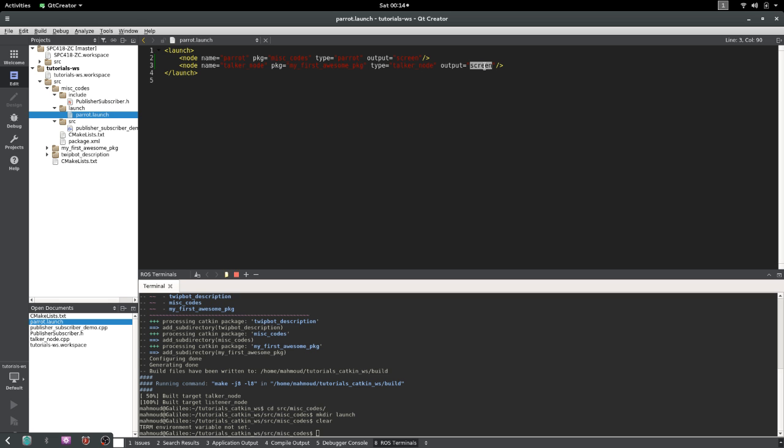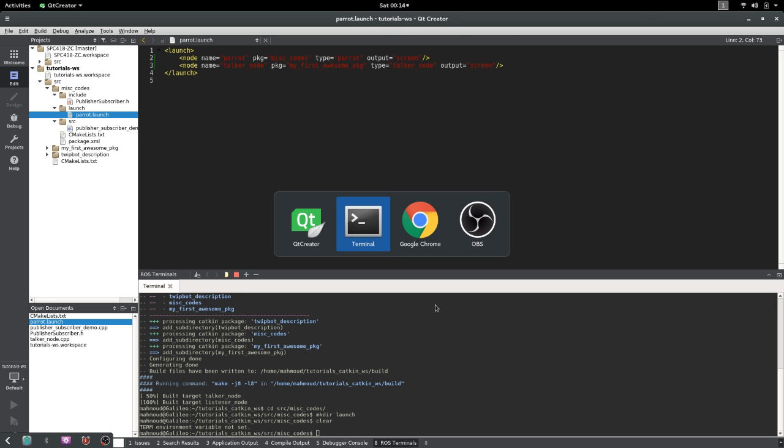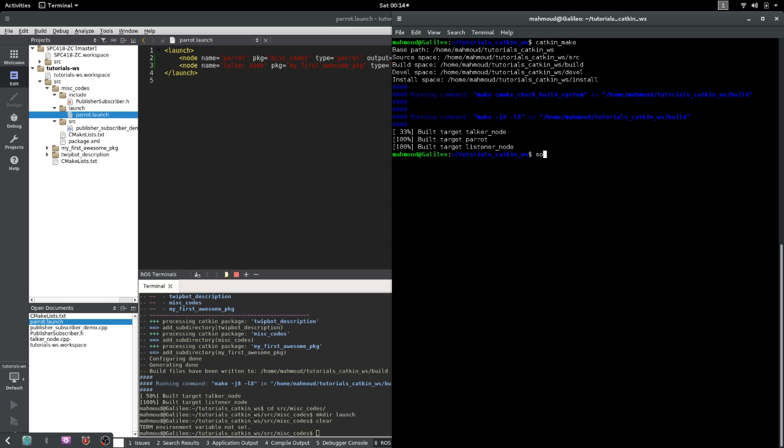And we want to echo its output to the screen, and we also want to echo the output of the parrot node to the screen, so we add these. If we didn't add these, no output will be displayed to the terminal where the nodes will run, okay? Very well, then we source the development file, then we launch